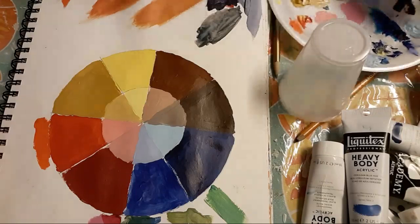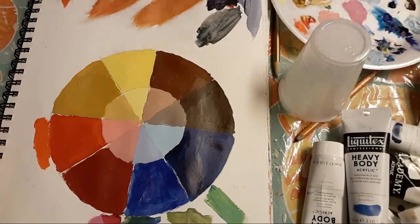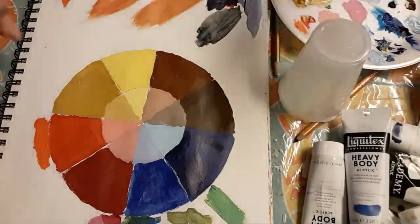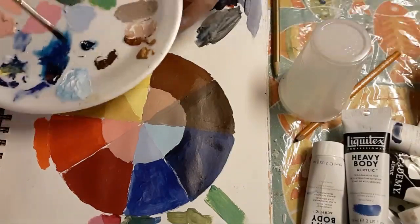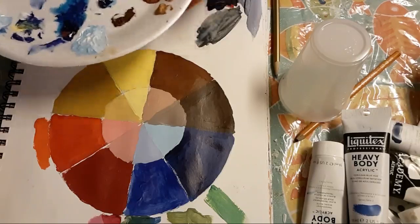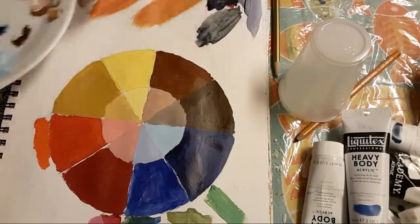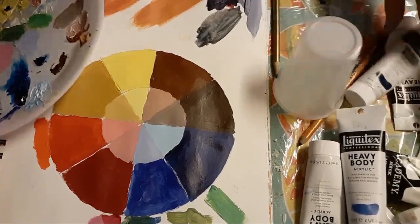And let's see. Kind of put one of those on top of the other. Okay, here we go. All right, I'm gonna get some of the phthalo blue and find my connector. Let's see here. You're gonna be working right with that little dot right there. We're gonna take that, and then we're going to get my